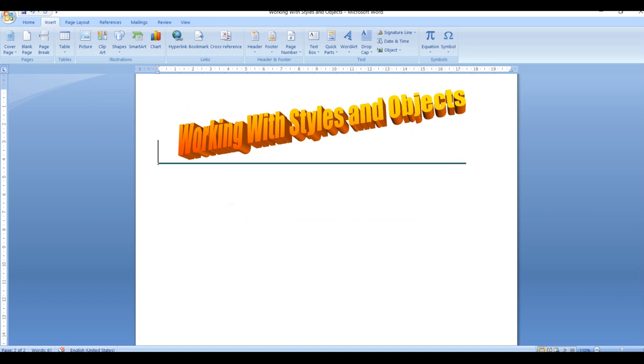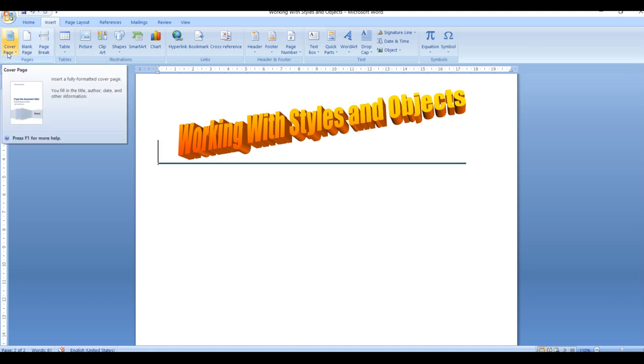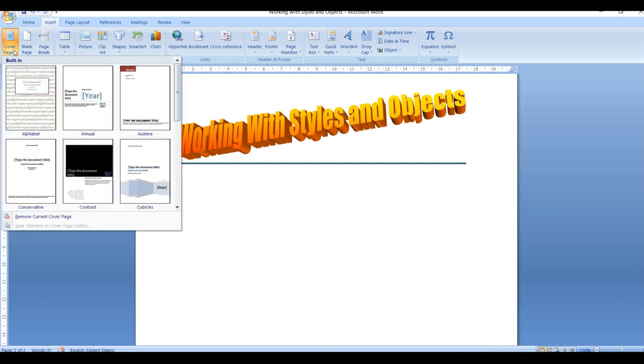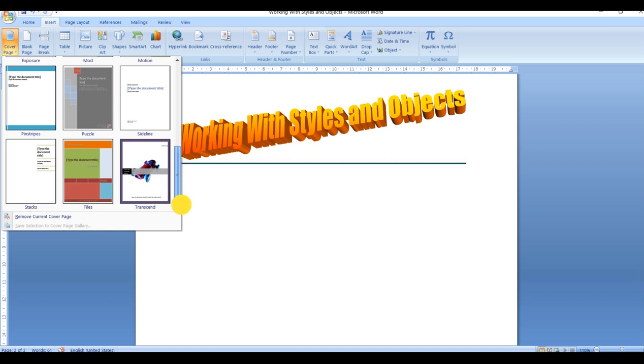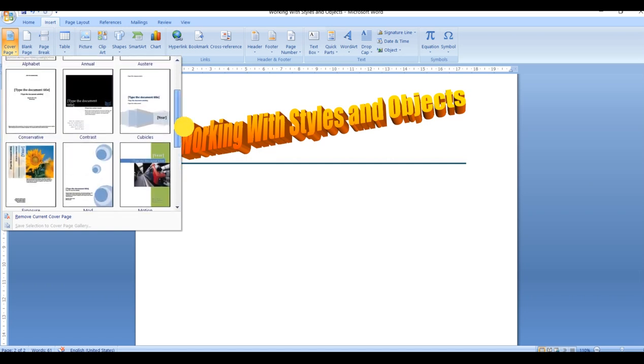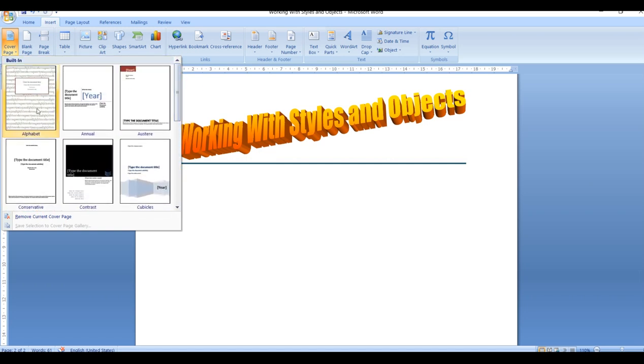into our word file. So now if I want to give a cover page to any of the document, just go to the insert tab. So what I'll do, if I want to give a cover page for it, I'll go to the insert tab and click on the cover page option. So when I click on cover page option, here are different varieties of cover pages present. You can select any of the cover pages.